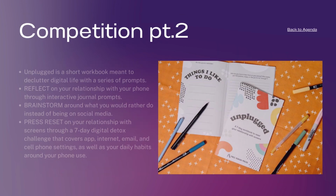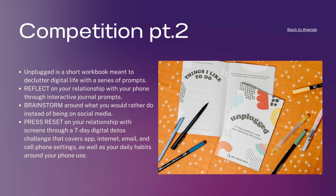So the second part, which I'll go into later in my user feedback, was this short little workbook called Unplugged. And it's just a little thing that people can buy. It's like a little ebook that you print out, and it has a series of prompts: reflect, brainstorm, and reset. So it's a 7-day detox challenge that users can buy that talks about apps, internet, email, cell phone settings, your daily habits, and you're pretty much writing in it, talking about your personal experience, and hopefully it's going to really cause you to reflect on how to get more off of social media, which is something I thought was really cool. And I wanted to include an aspect of it